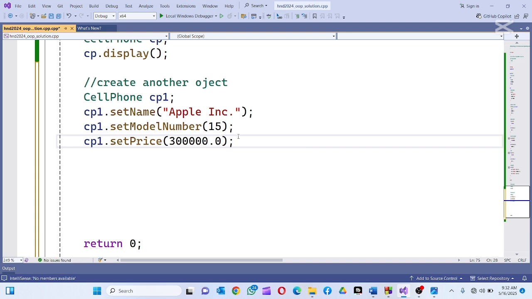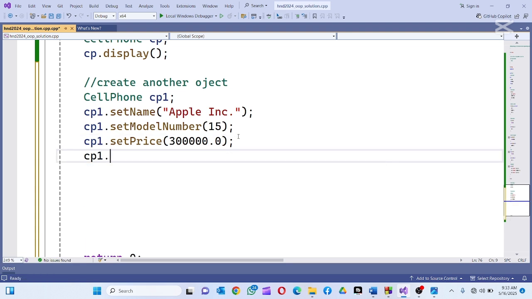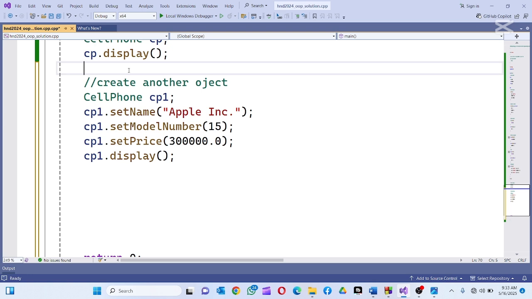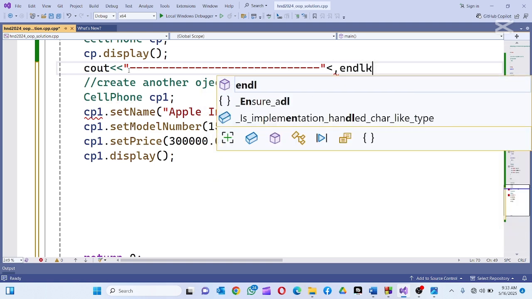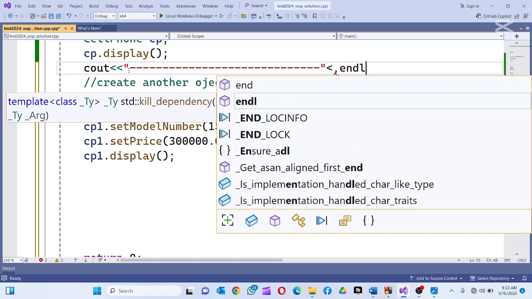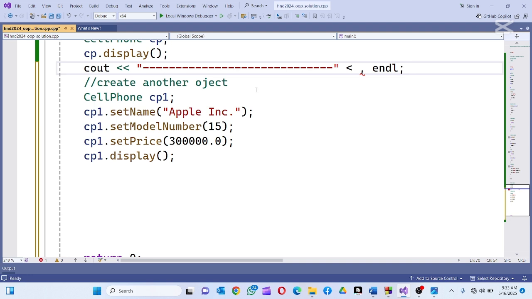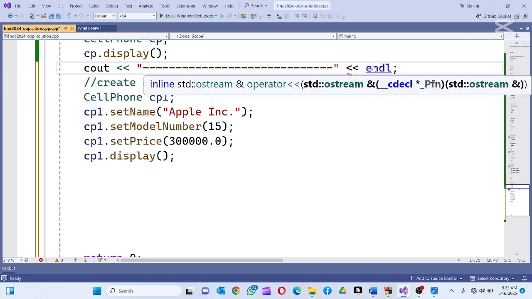Then this is good. So now I can do CP1 dot display, right? So let me put here cout. So if I run this now,